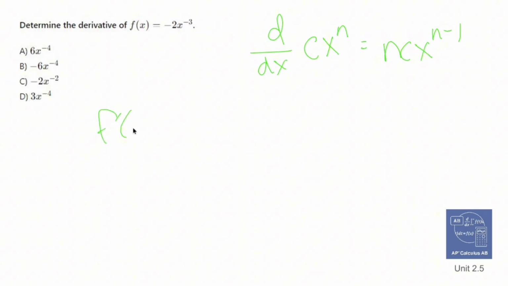F prime of x is going to have me take that negative 3 and drop it down and multiply it to negative 2, like that. X to the negative third then, minus 1. So this becomes positive 6 x to the negative 4,